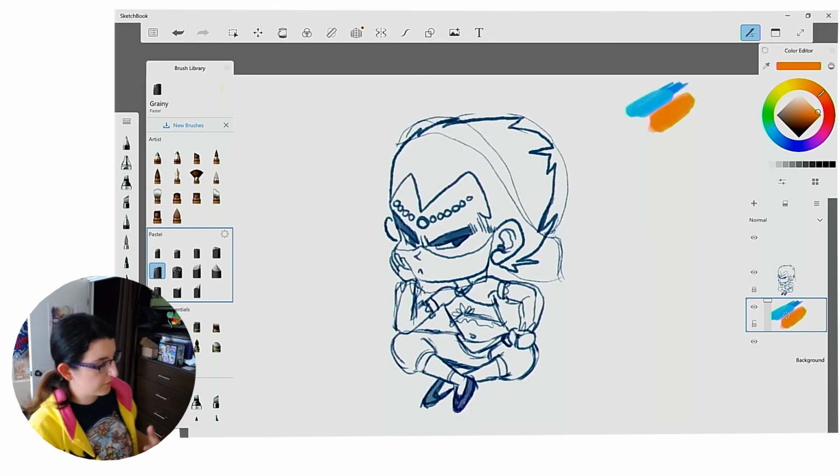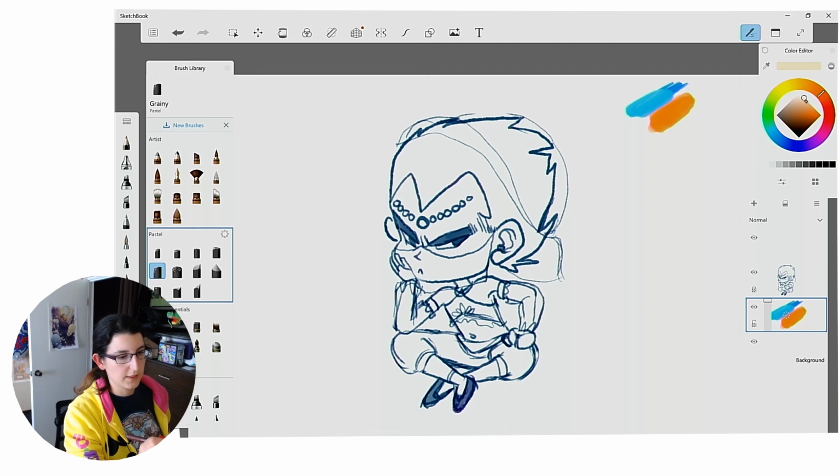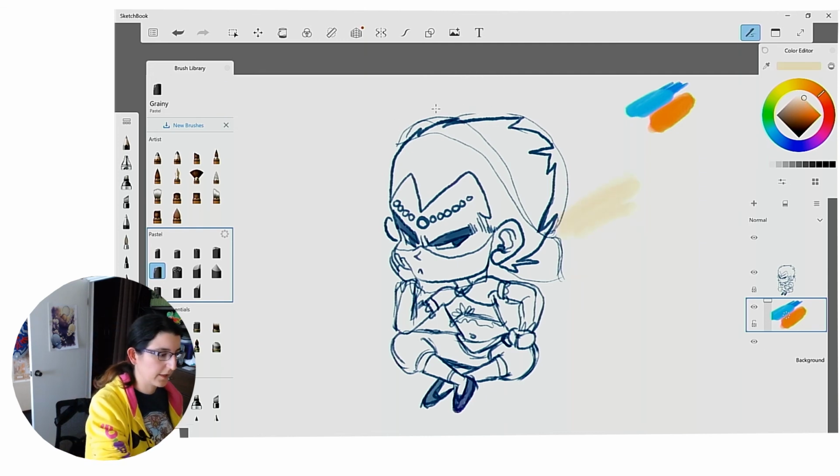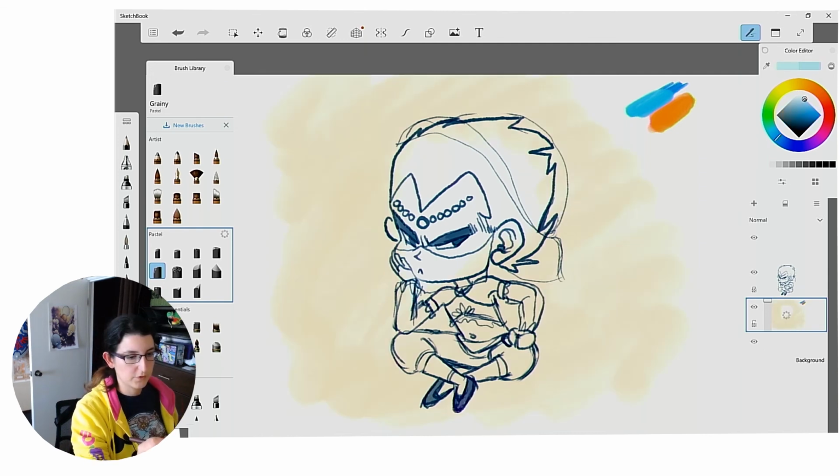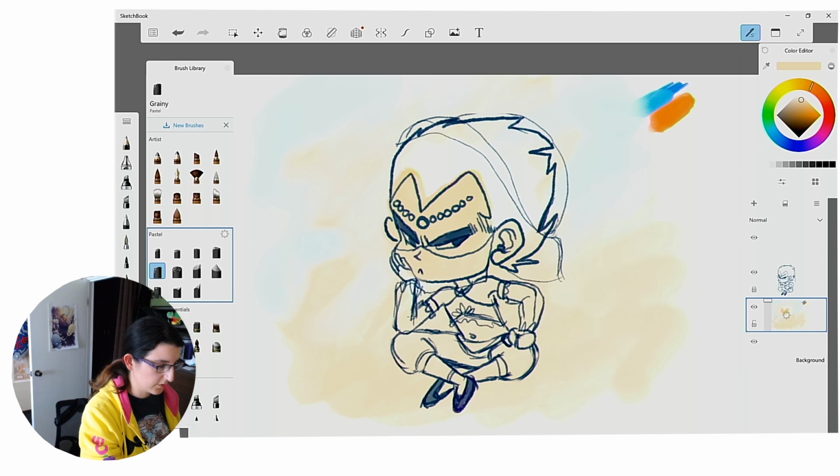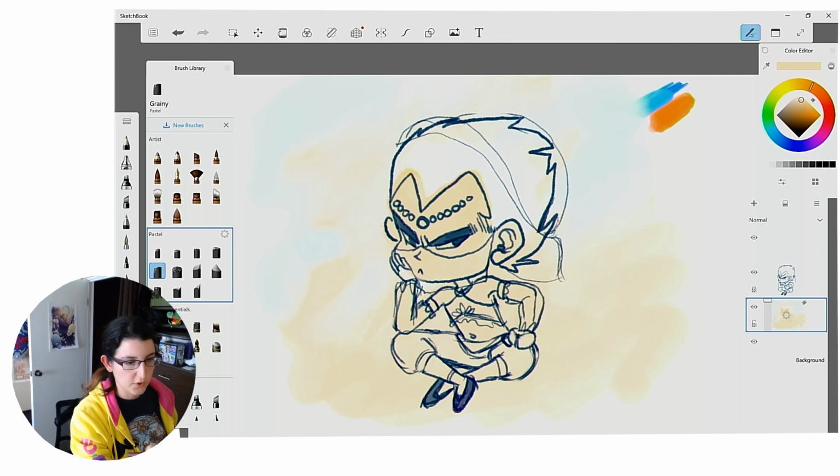Complementary. Okay, so my first thought, I might go with a really light orange for the background. This could be a combination of blue, actually. Oh, that's pretty. Look at that. Figure out a skin tone. Maybe a little too orange. Okay, this is blending, the same issue we had with the last one where the skin tone is blending with the background. So I'm going to try maybe a bit of a darker blue.